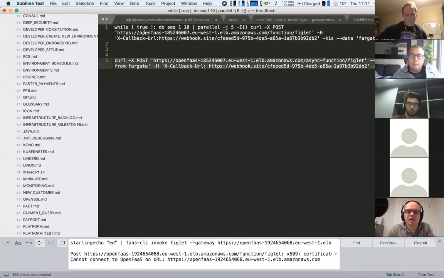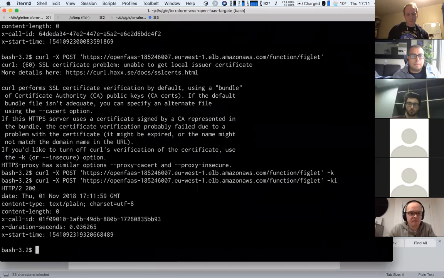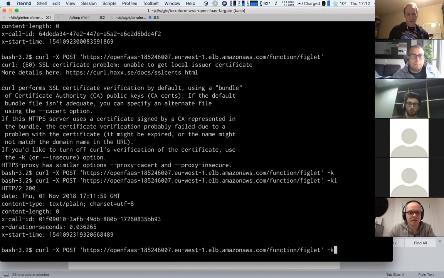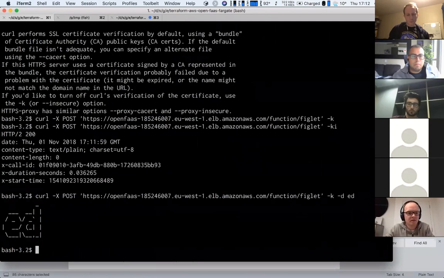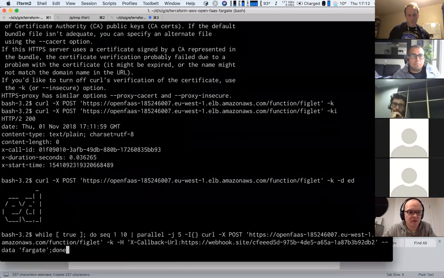I just wanted to see, have I got the wrong load balancer URL? Let's just try this outside of the while loop. You can also get that off the dashboard. Yeah, now put -d message. Yeah, so that seems to be working. I'm not sure what's wrong, I was running this earlier on. It seems like the curl isn't taking into account the certificate. Yeah, change the parameter. Let's try that one more time.